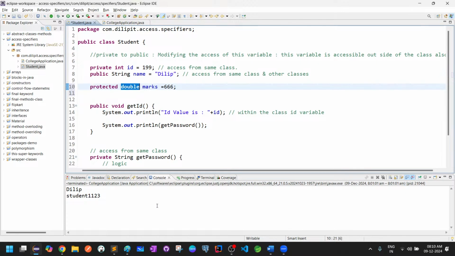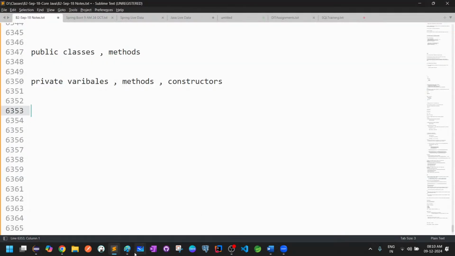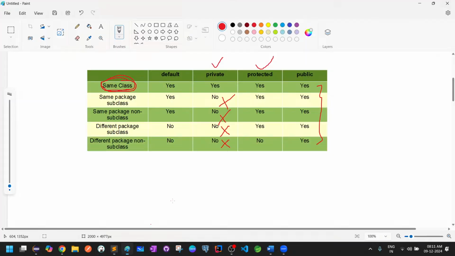So when you define a variable as protected, what it is trying to say here is, I can say protected is in between a little bit public and a little bit private. That means a little bit beyond private, but a little bit lesser than the public functionality. Public is saying you can access from anywhere else. Private is saying only from the class, but protected is saying somewhat extended than private, but at the same time somewhat lower than the public functionality. So the moment you declare a protected variable or protected method,